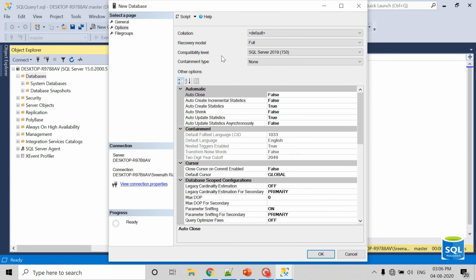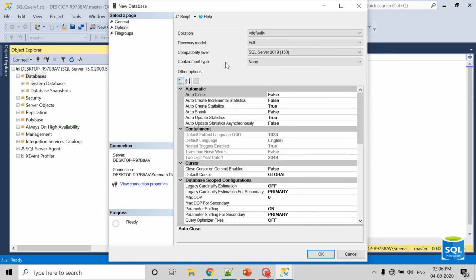Once it is completed, that will be freed up, and that will be available for the next transaction. So that kind of recovery model we need to choose. It all depends upon the project and how sensitive our data are.